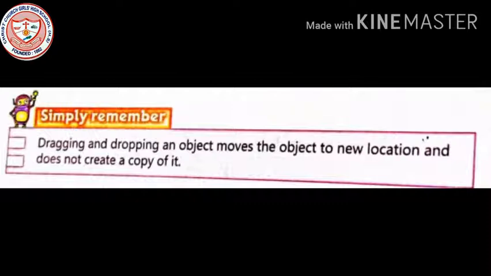But when we are copying, we do the copy option and then paste, and it is copied in the same place. That does not happen when we do drag and drop operations.